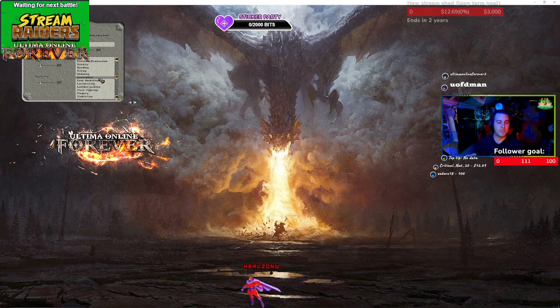So melee characters or non-mage characters will have a hard time casting spells of certain circles. Inscription will help them cast spells that they wouldn't normally be able to cast by using a scroll, right, as a consumable, okay? We have item identification, which, again, gives you more information about certain items in the game, or